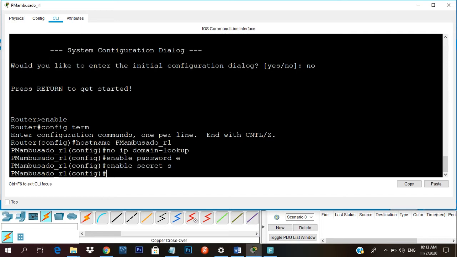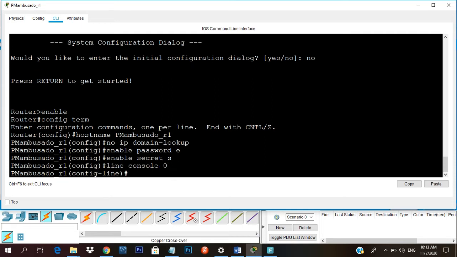So we will proceed. Then we will use line console 0. Okay. So this purpose is to display the config line. So we will see when we enter this. All right, there you go. So the change is there. The config-line. So we proceed. So next we use timeout